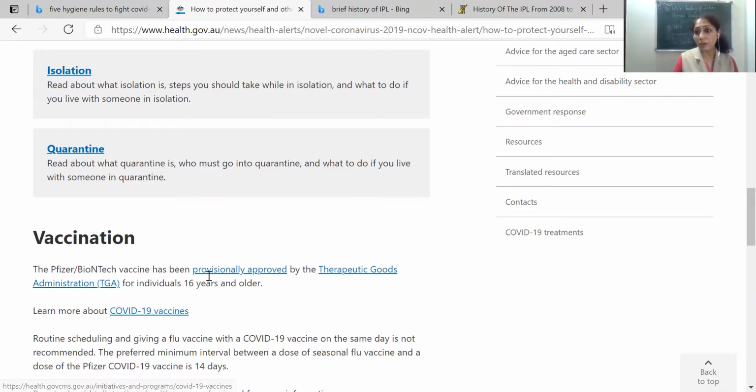Encourage everyone at your home also to get vaccinated, because vaccination will keep the virus from becoming deadly. Rather, the symptoms will not be aggravated. Though it will come, there's no guarantee that the vaccination is going to prevent you from getting the virus. So it will come, but the symptoms will be controlled, right? The aggression of the symptoms will not be as malicious as it is without vaccination. So these are the basic things which I've told you.